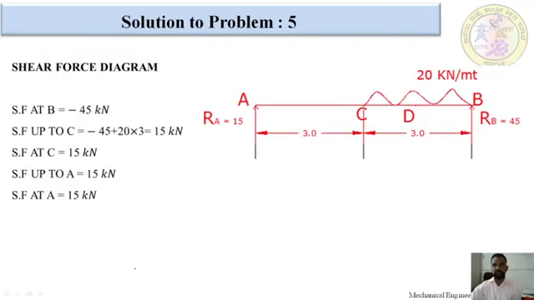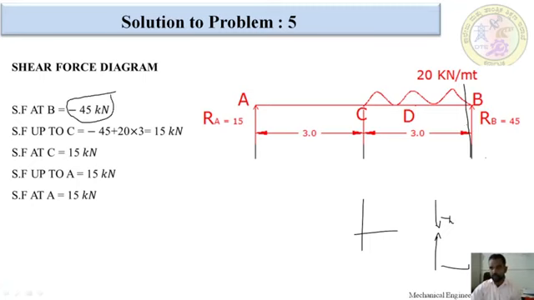Okay, shear force calculation. RB value we got 45, RA value we got 15. I am going to take a section over here. In shear force calculation, upward force is taken as negative and downward force is taken as positive as per the sign convention. From the right of the section, there is only one upward force. This is negative. For that reason, at B section the shear force is 45 kilonewton negative.